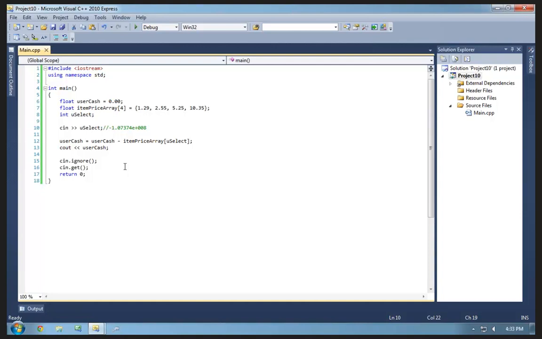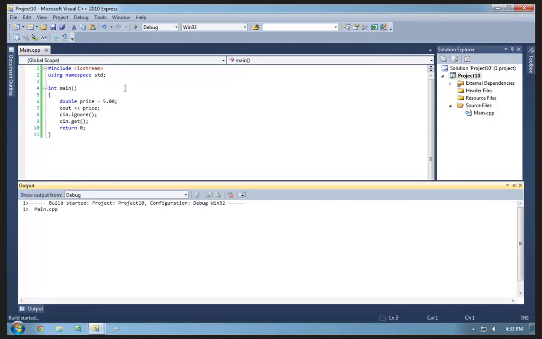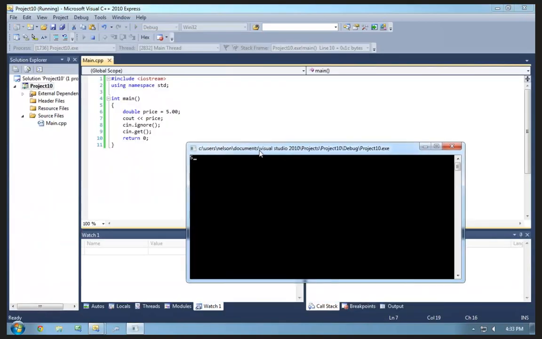In this case, it's a very, very, very small number. Barry says double price equals 5.00, cout price. I mean,